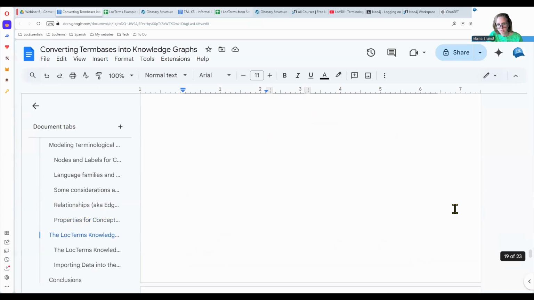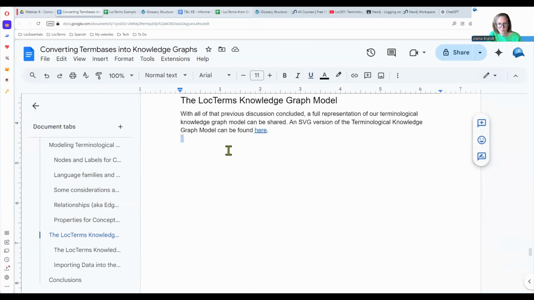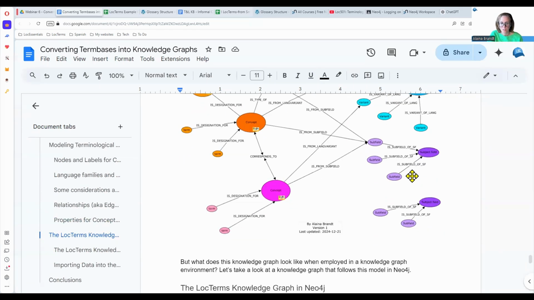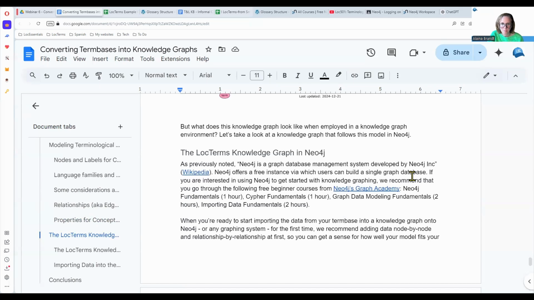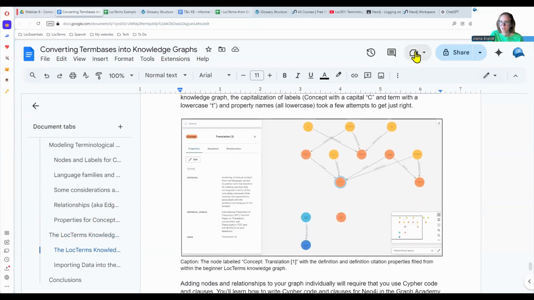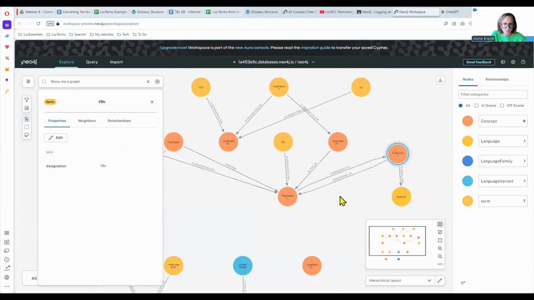There's an SVG file that you can access to see this picture in greater detail. But this is essentially the model that I'm working from. It may not be exactly what's represented in this paper, but it's close enough for our purposes here. When we're thinking about the knowledge graph in the Neo4j environment, I've already started to show this a little bit,